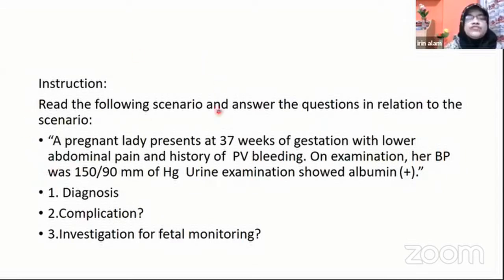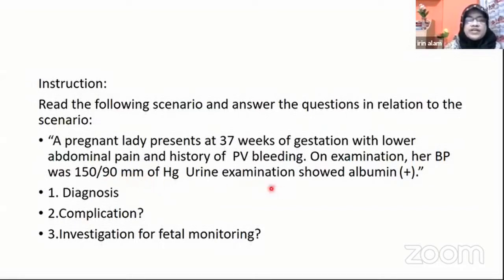This is a scenario. Read the following scenario and answer the question in relation to the scenario. A pregnant lady presents at 37 weeks of gestation with abdominal pain with history of per vaginal bleeding. On examination, her blood pressure is 150 by 90 millimeter of mercury. Urine examination shows 1+ albumin. What is the diagnosis? Look, blood pressure is raised, 150 by 90, and urine albumin is present, and she's 37 weeks. So this is a 37 weeks pregnancy with